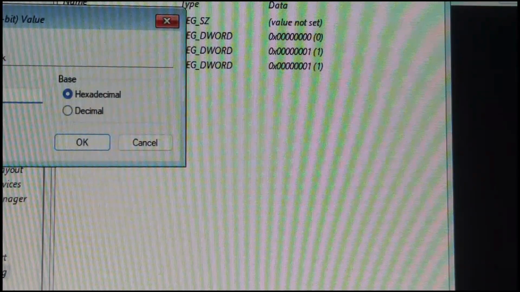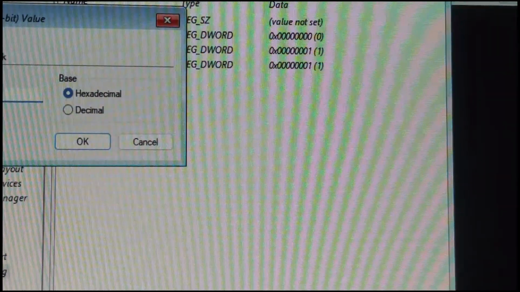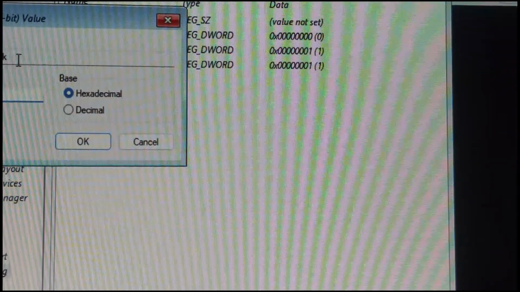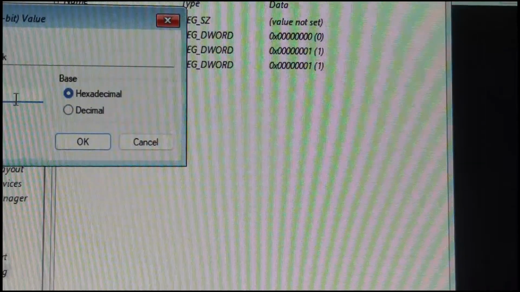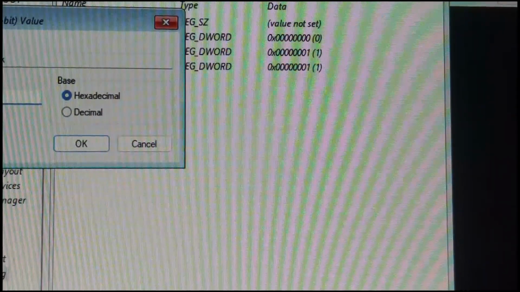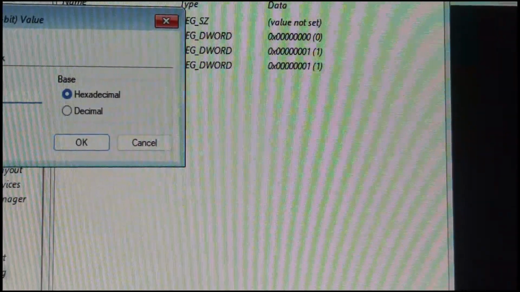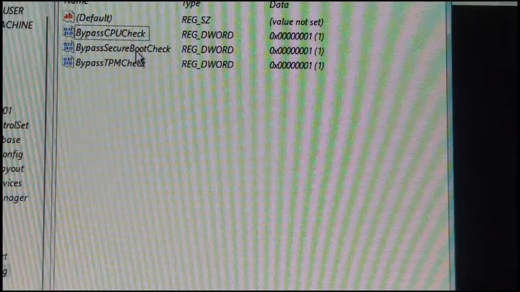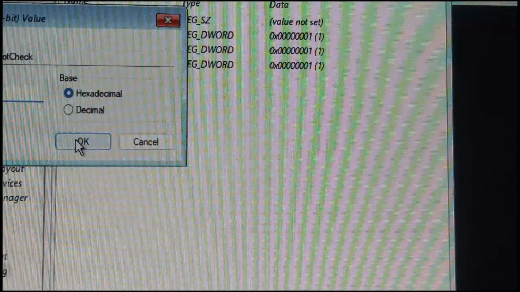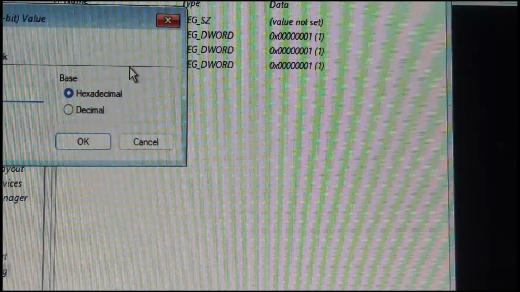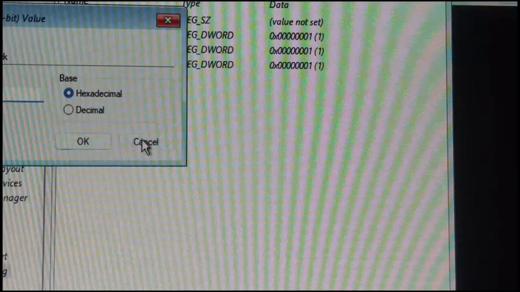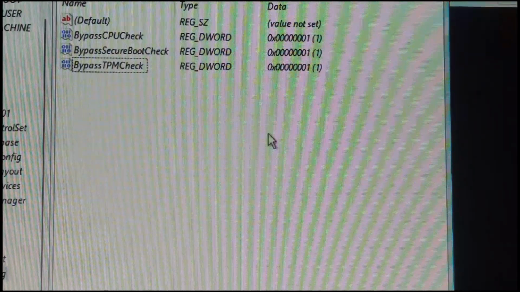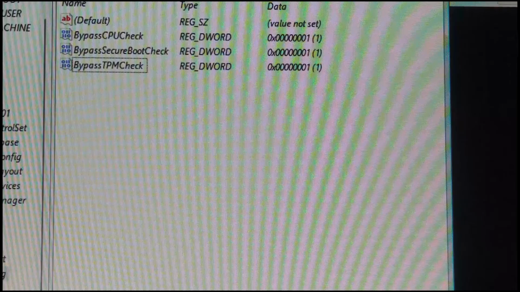You can see the bypass CPU check value data is 0. Just delete the 0 and type 1 instead and click OK. Now you want to change all of these to 1, and the other check is already 1 and the value data is 1, and it's OK. Now you can see all of these things set to 1, and you can simply leave this registry editor alone and close it,